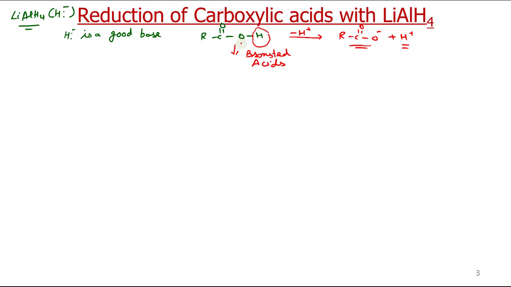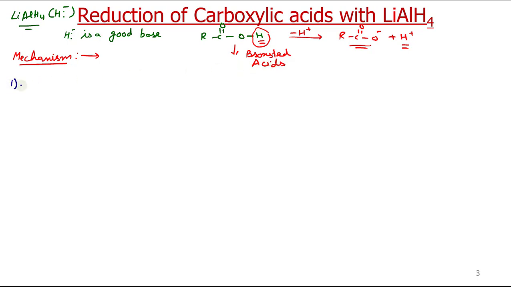That we will discuss when we discuss the carboxylic acids. Now you just have to remember they are good acids, so when we add a base, this proton will be removed. So the first step is the same, the first step in this mechanism. Now let us write the mechanism of this reduction. This is almost similar to the reduction that we have done for aldehydes and ketones, because it is a nucleophilic addition reaction. But the first step is, as I said, these protons are acidic and H negative is a good base. So the first step is abstraction of proton.